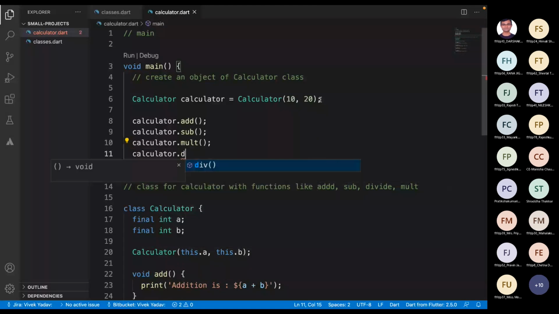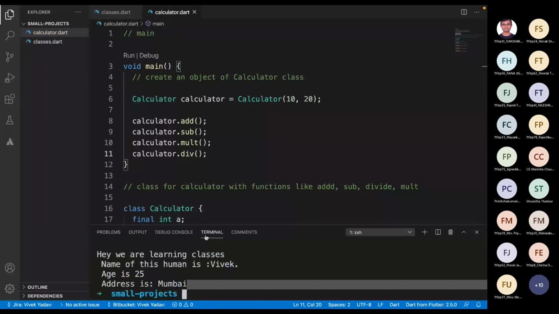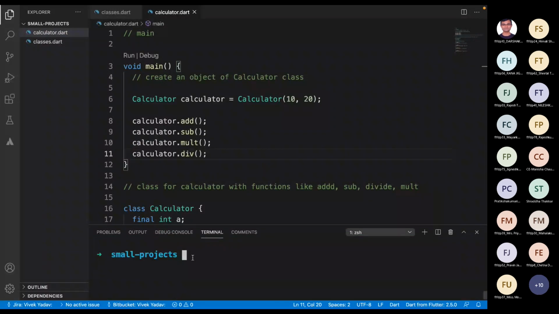If I run this, we can see the addition is 30, subtraction is minus 10, multiplication is 200, and division is 0.5.